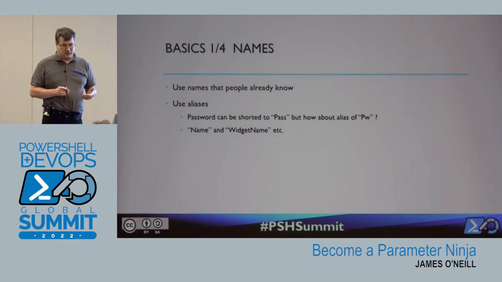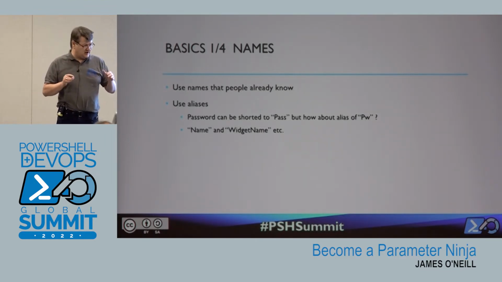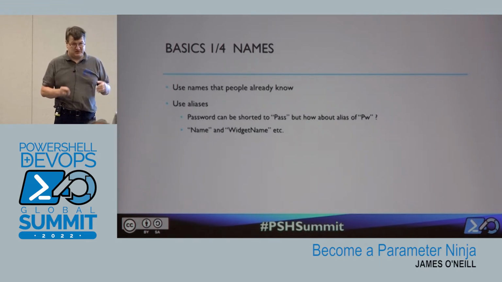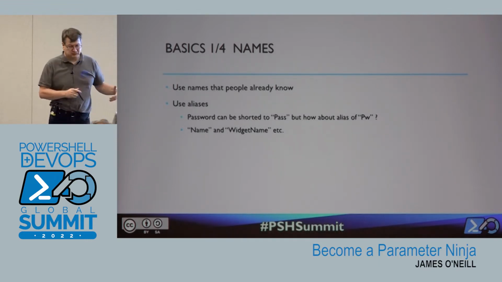Aliases are a great help for parameters. I was in a conversation with somebody, it might have been Mike Robbins, who was saying that he's working with people who are really concerned about ever having to change the name of a parameter. And of course, if you ever change the name of the parameter, just create an alias for the old name.